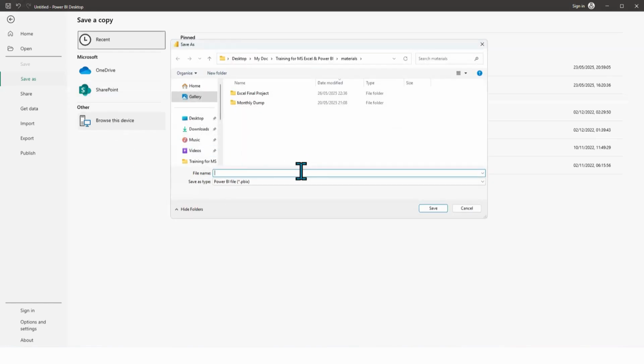Then I can save it as maybe, let's say, report May 25. And then I click save. Now, before I click save, you can see the type of file. So if it is a Power BI Desktop file, it saves it as .pbix. So that's Power BI Desktop. That means I have created a whole new dashboard using Power BI Desktop. So the file extension is .pbix. So if I click on save, it's going to save it as